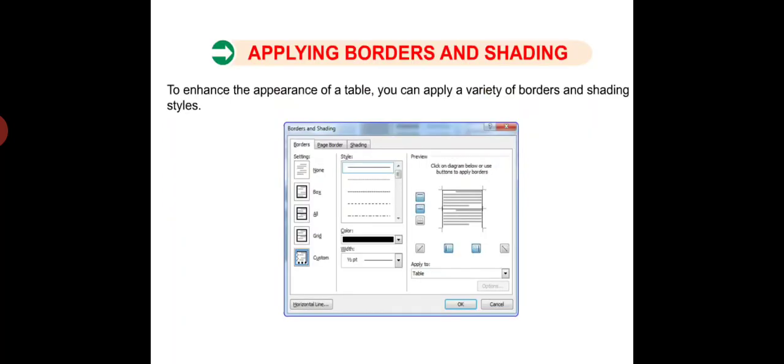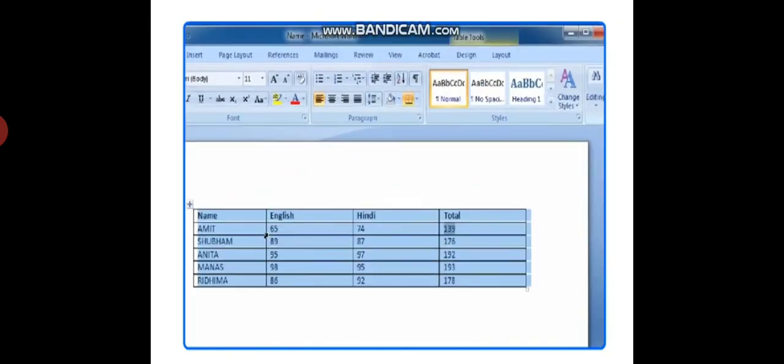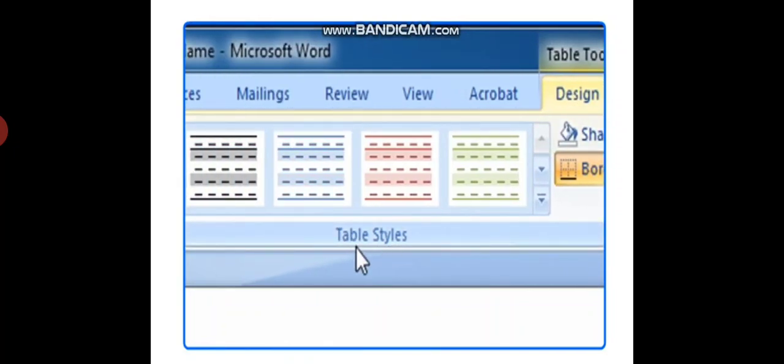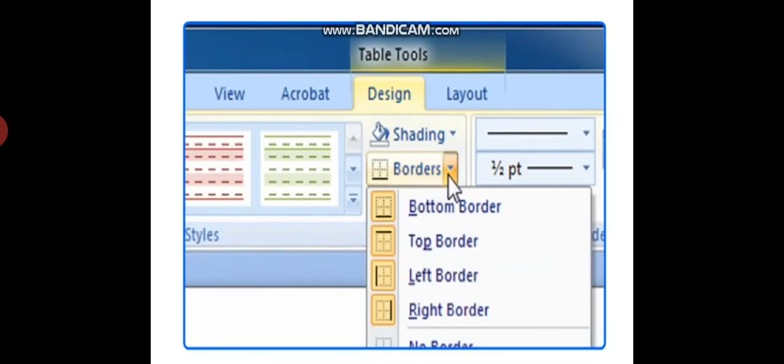Applying borders and shading. To enhance the appearance of a table, you can apply a variety of borders and shading styles. Select the entire table by clicking on plus handle. Click on Design, and from the Table Styles group, click on Borders.